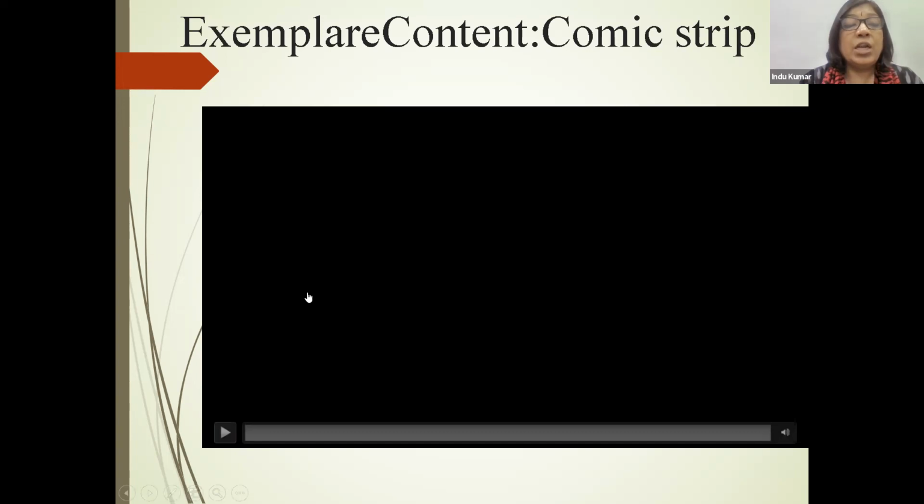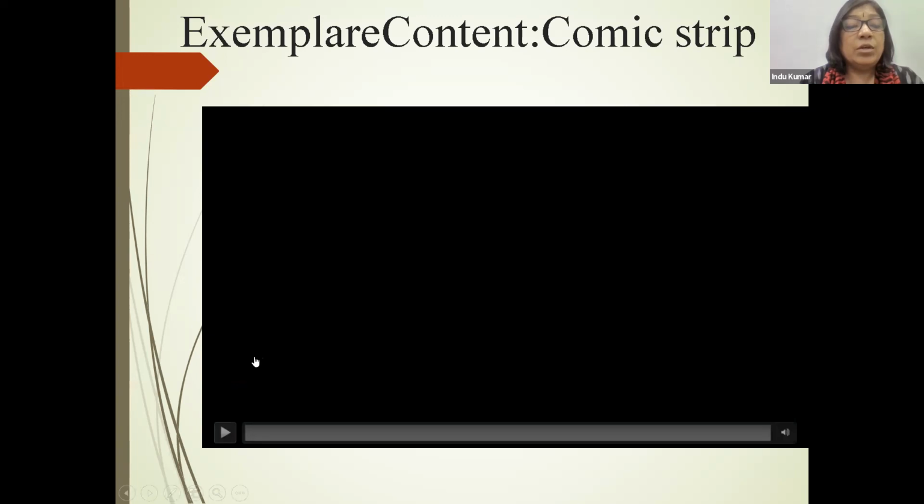You just have to have the graphics based on the concept. You have to place them on a PowerPoint presentation. Then you can add music to it, or you can add subtitling to it. You just have to set times after how many seconds you want your slides to change, and then you can save it as a video. Your PPT will be saved as a video, and such a comic strip will be created. So let me play the comic strip.